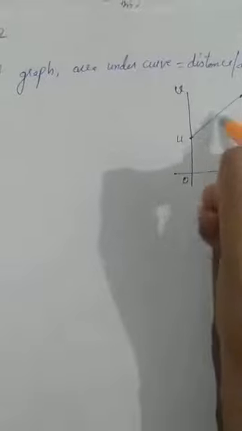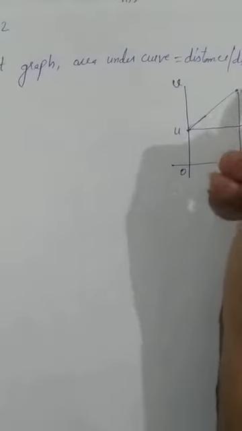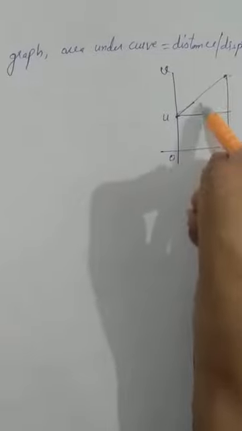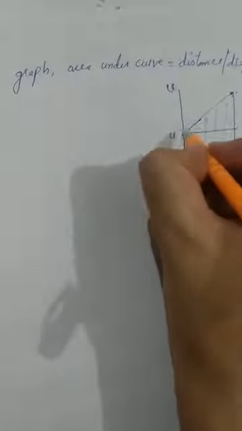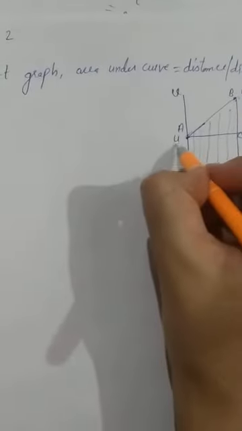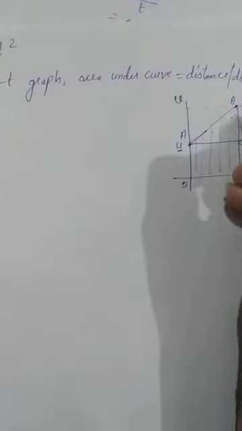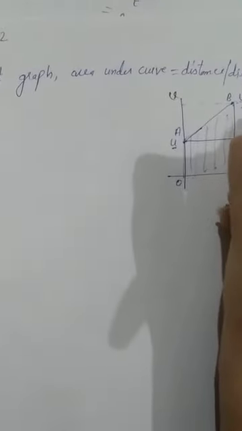Then the area under this, we are dividing into two parts. One is a rectangle, the other one is a triangle. Up to here there is a curve in the V-T graph, and the area under this curve will be our distance and displacement. Here, naming O, A, B, C, D. Clear? Here velocity becomes v and here velocity is v. Now here the total velocity is v and up to here it is u. Then the remaining velocity we can write as v minus u.